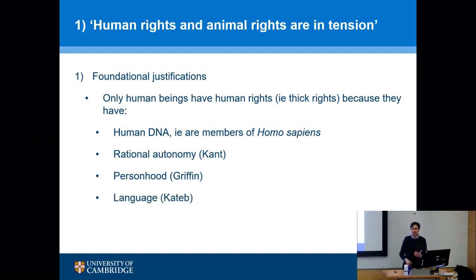Another one is language, for instance. George Kateb: only humans have language, and that explains why we're special, why we have those rights. Culture, yet another one. The list goes on, basically. There are so many candidates for why supposedly human beings are special. You may have come across other ones. Only humans use tools, or only humans make tools. There's a whole range of potential reasons, grounds, if you like, for why humans should have that special status.